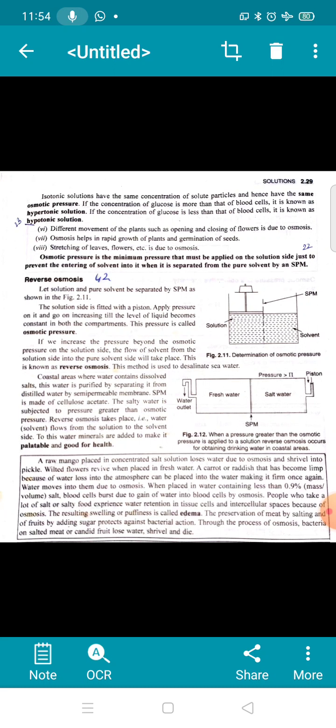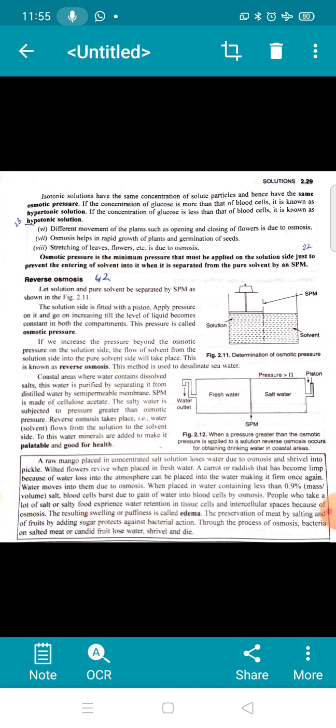The preservation of meat is also very important. You know, in earlier days people didn't have a refrigerator at home. So what our forefathers used to do, when they bought a lot of fish or meat from the market, they preserved it for a longer time by sprinkling salt over it, so that the growth of bacteria which is responsible for spoiling of the food is prevented. When you sprinkle salt, what happens? The fluid inside the bacterial body will have a lower concentration, and the salt concentration outside will be more. As a result, the bacteria will lose its fluid and shrink and die, and that's how we can prevent rotting